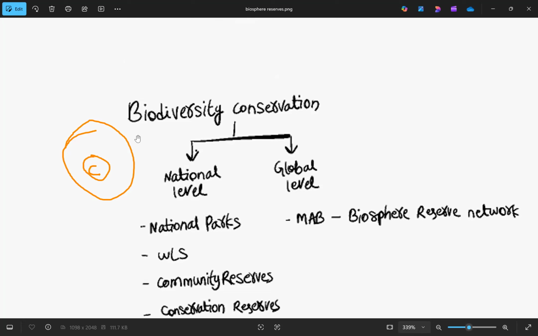And one more similarity is, national parks and wildlife sanctuaries are in situ conservation. In situ means the animals will not be transported to another place for conservation. So if we take a zoo or an aquarium, what happens? We take animals or species from their original habitat and we put them in a protected area for conservation. So that is called ex situ conservation. So we are taking them away from their original habitat. Whereas in national parks and wildlife sanctuaries, it is in situ conservation. That means we are protecting them in their original habitat. So that is one more similarity between national parks and wildlife sanctuaries.